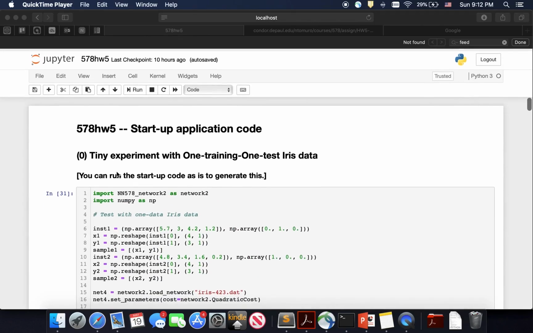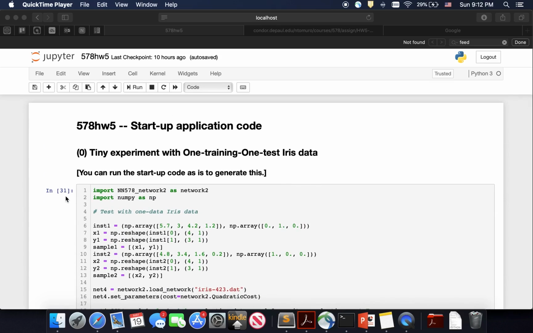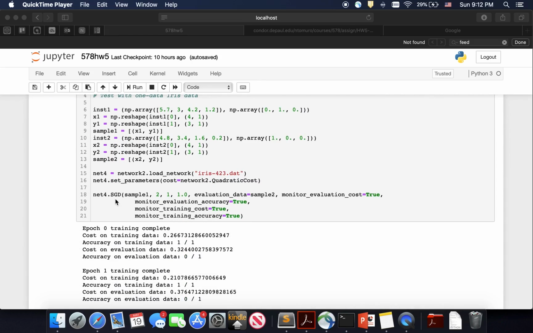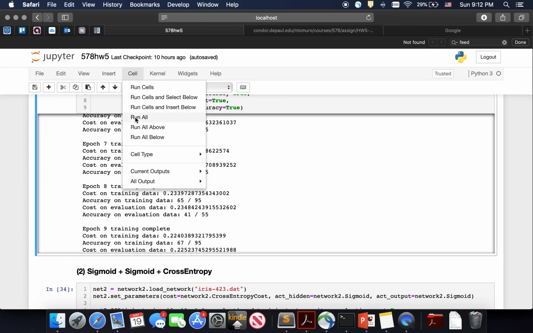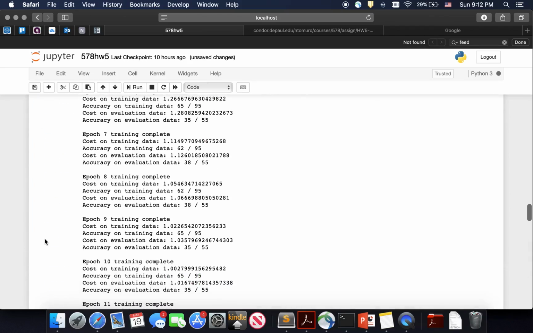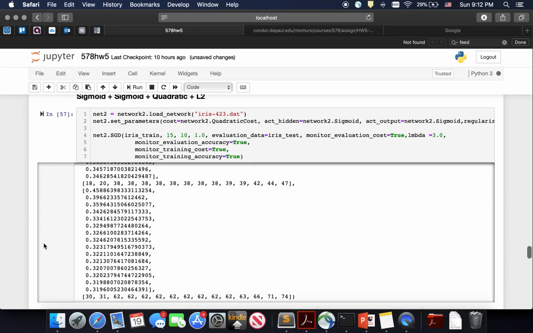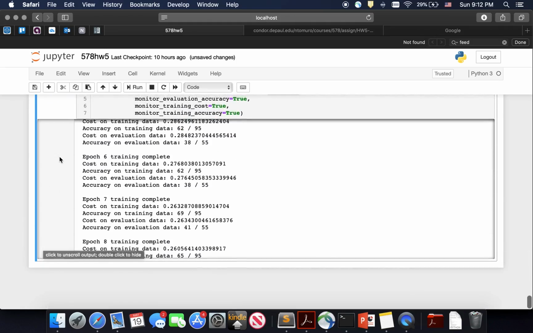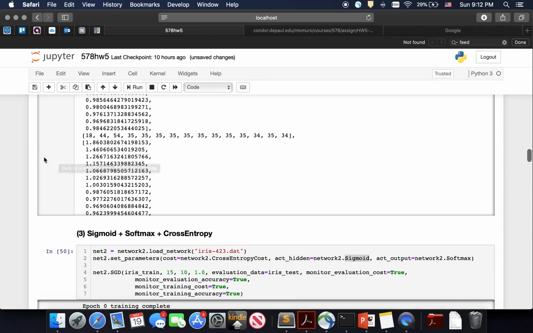Background. This is homework 5 implementation in Python for hyperparameters. So in a Python notebook, I implemented each of the hyperparameter experiments listed in the assignment as a separate row, as you can see here. And if I click run, everything is running, and the output of each hyperparameter experiment will be pretty much the same as it was described in the assignment